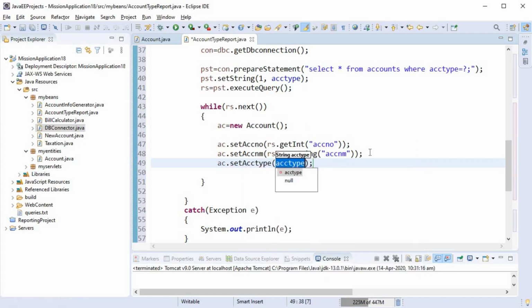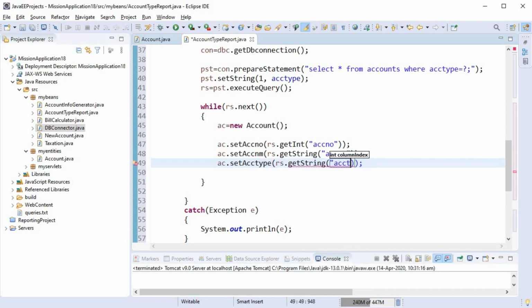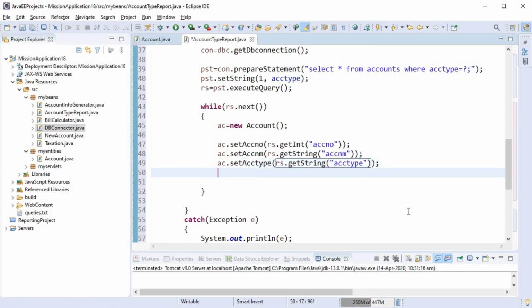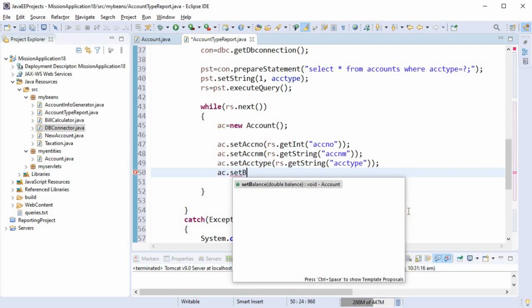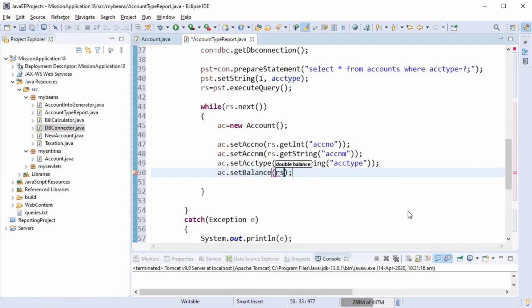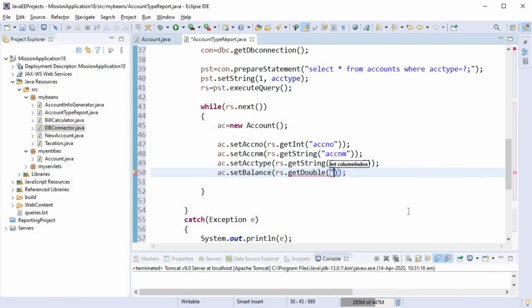And this process will be repeated multiple times because we are writing it in a while loop. So all the data present in the result set is taken out and added into the object of the account class. Now once this process is done, let me finish this, rs.getDouble of balance.